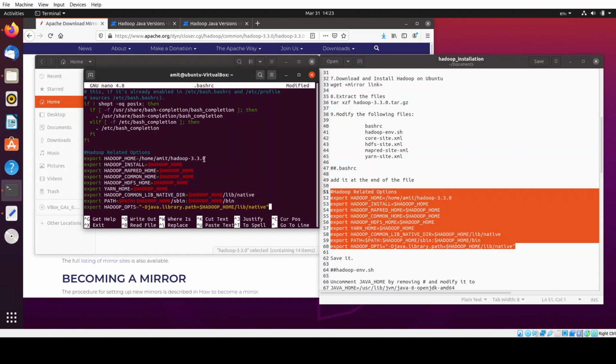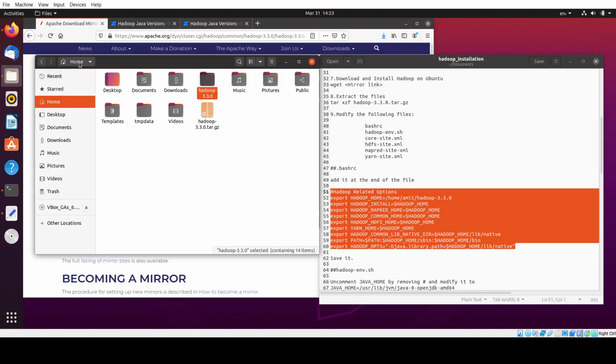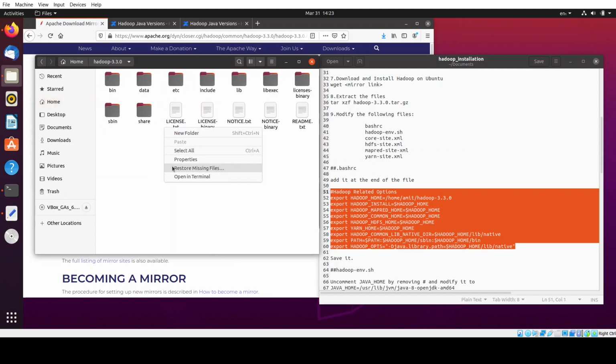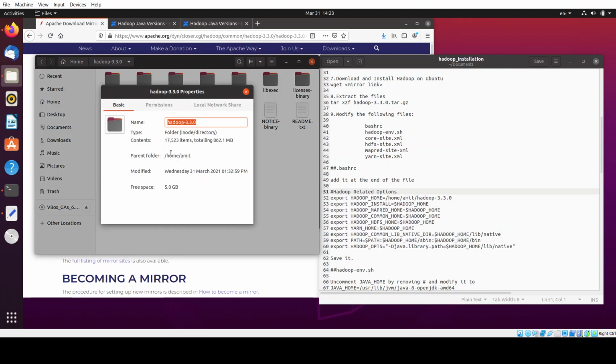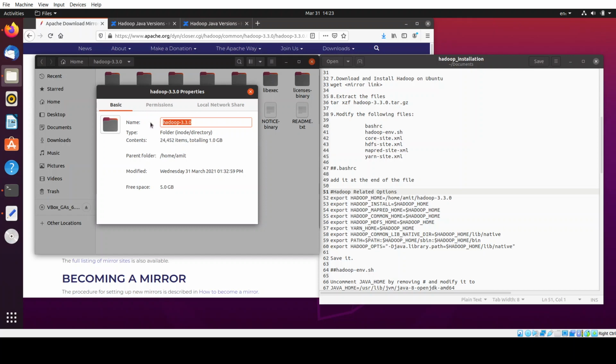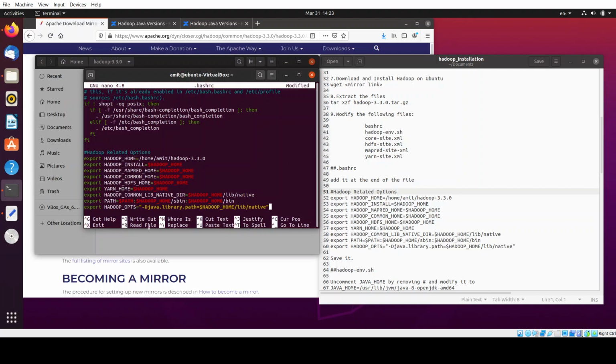So export HADOOP_HOME is the location where you have downloaded the Hadoop file and extracted it. So my path was, open this and now go to properties. So it's /home/amit and then the name of the folder. This is the Hadoop home, and remember to put it just like this and not /bin or anything else,